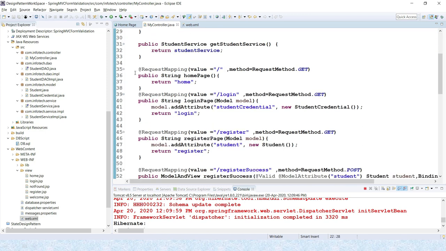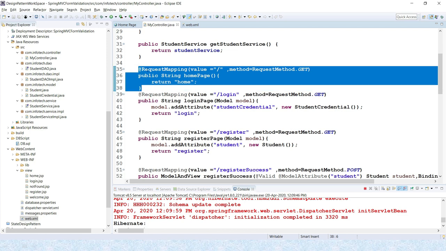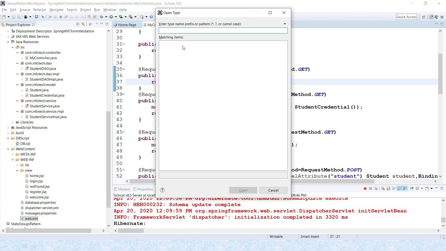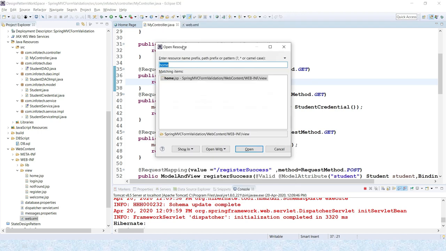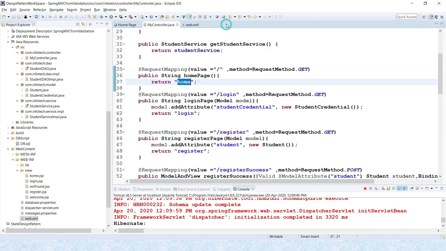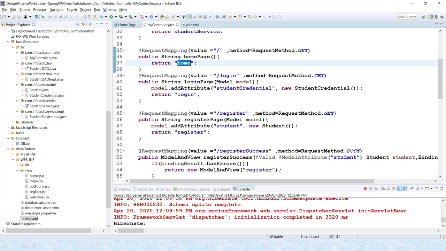Now if the user hits the home page, then home.jsp will be displayed. Here we have already seen home.jsp, which provides two hyperlinks, one for login and another for register. If the user clicks on login, then login.jsp will be displayed, and you can see the URL pattern is /login and the HTTP method is get.